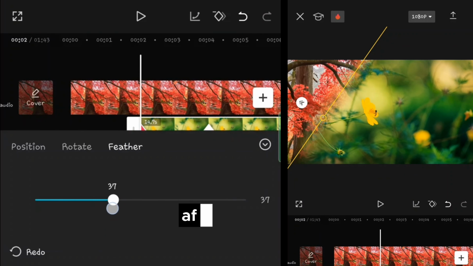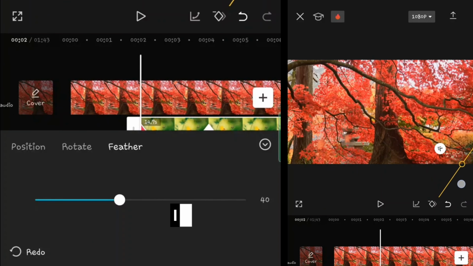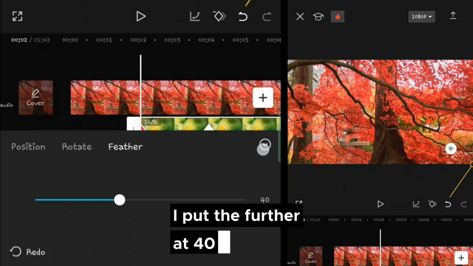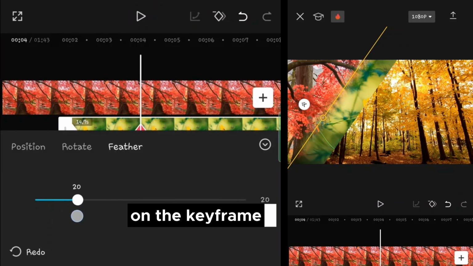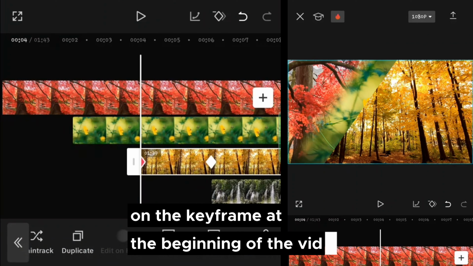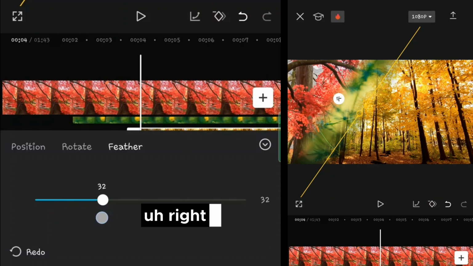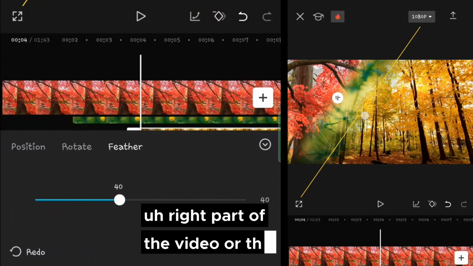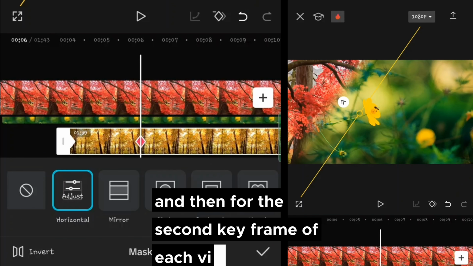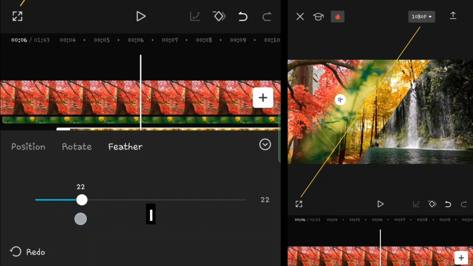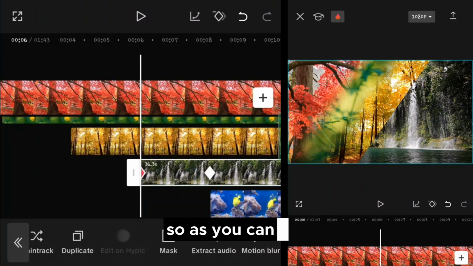After that, I go to mask, I put the feather at 40 on the keyframe at the beginning of the video and move the mask to the right part of the video or the screen. And then for the second keyframe of each video, I decrease the feather to 20. So as you can see,